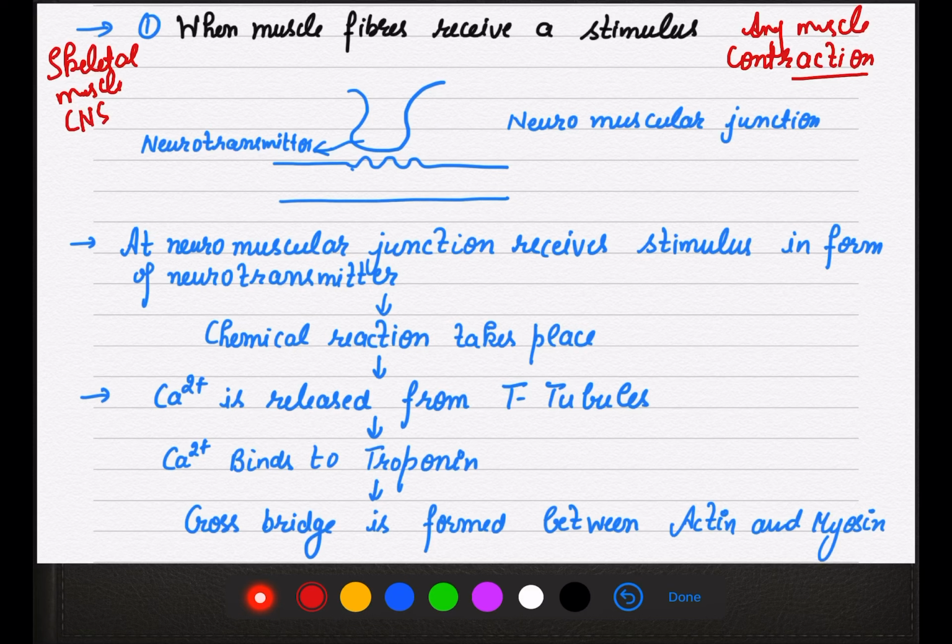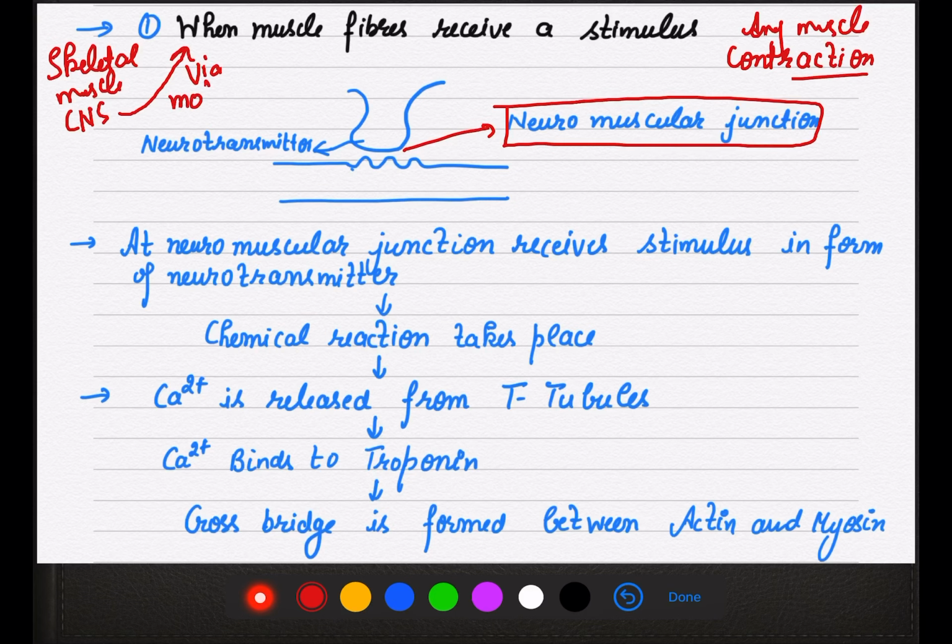It means at the neuromuscular junction there will be release of a neurotransmitter, right? Who is sending this signal? This signal is sent by the CNS via a motor neuron. Now a motor neuron